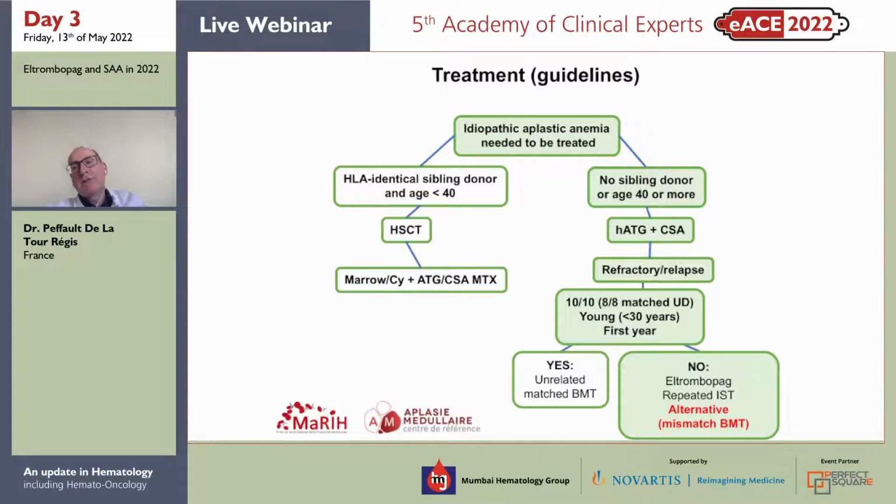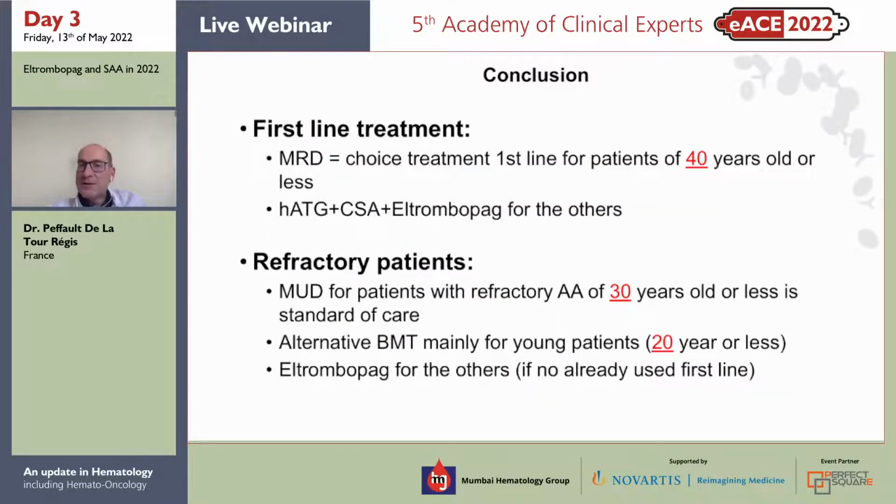In other words, in patients aged 18 years or less, we have clearly less toxicity from transplantation. We know more and more that the approach is safe, and we are coming more and more often to transplant to cure those patients and not to expose them to the risk of relapse, cyclosporine dependence, development of a PNH clone, and all those things that are not very easy to manage long-term when you are diagnosed at 14 or 15 years of age. I will finish my talk there.